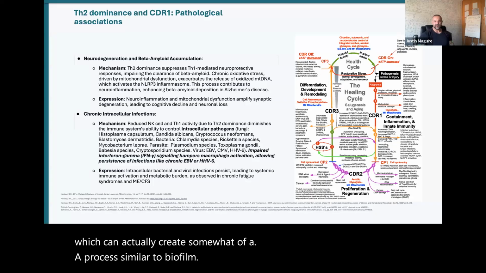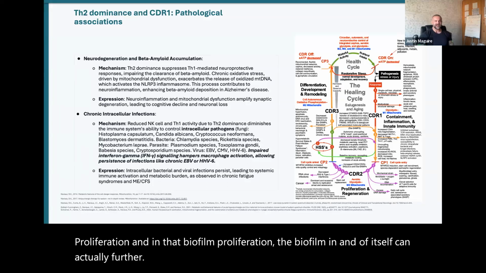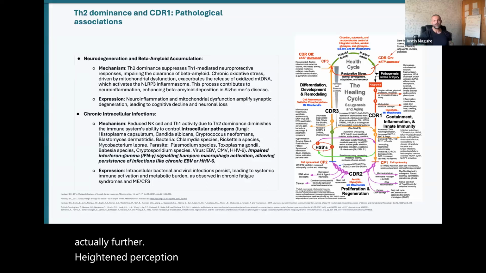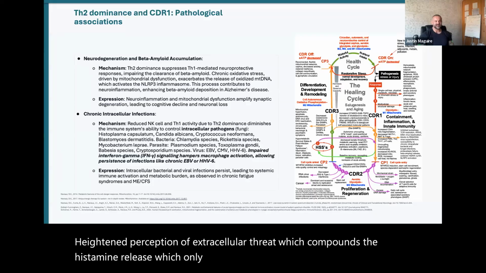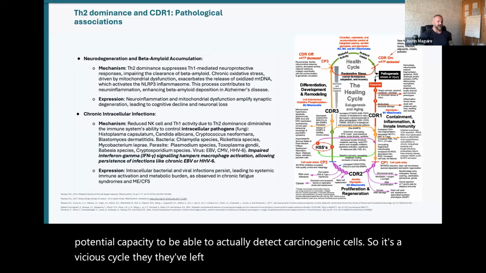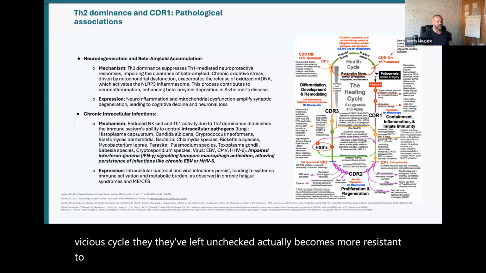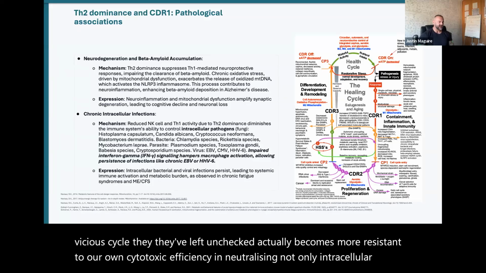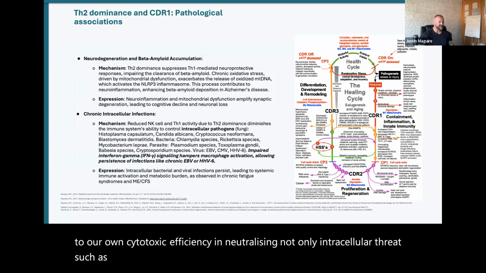And in that biofilm proliferation, the biofilm in and of itself can actually further heighten perception of extracellular threat, which compounds the histamine release, which only further worsens the immune system's potential capacity to actually detect carcinogenic cells. So it's a vicious cycle that, if left unchecked, actually becomes more resistant to our own cytotoxic efficiency in neutralizing not only intracellular threats, such as fungi, Histoplasma capsulatum,